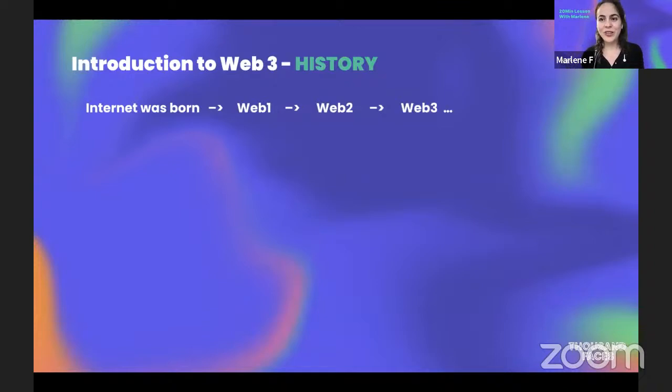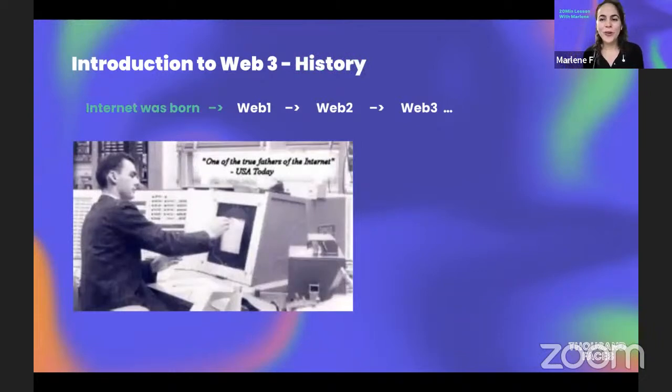We start from history. So Web3 is not coming by itself. It comes from a long way. And how it was born, it was when the internet was born. We see the big computers at the beginning of connecting with other people through our computers and devices.